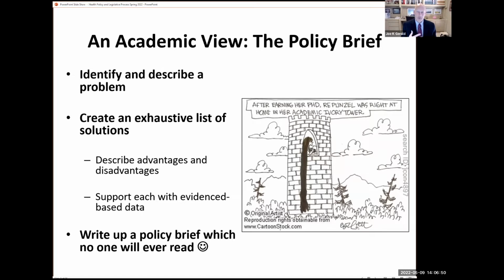From a cynical perspective, I oftentimes say, we write up a policy brief, we send it to our elected officials, and sometimes when we see the legislation that appears afterwards, it's as if they never read our recommendations after all. It's not quite that pessimistic, but oftentimes it feels that way.